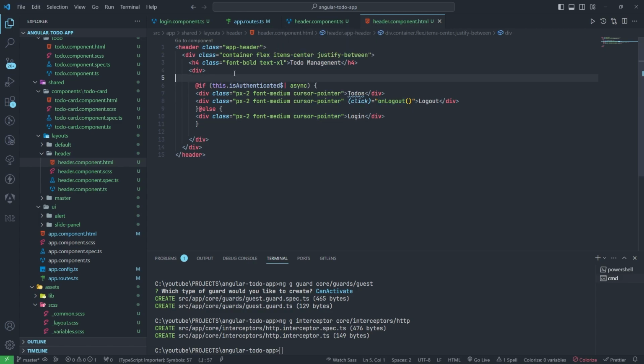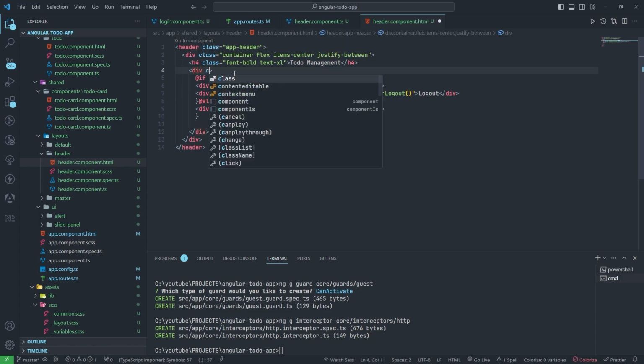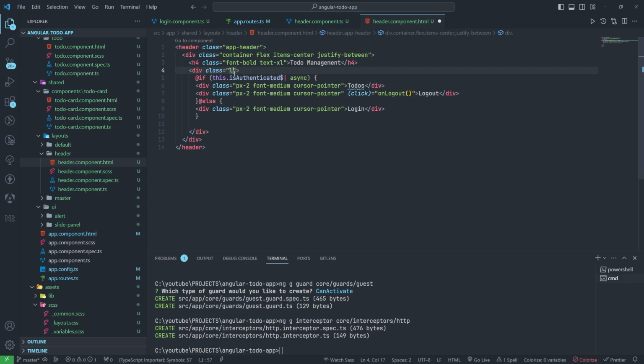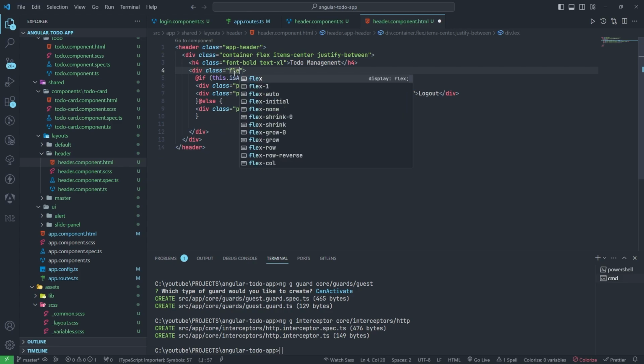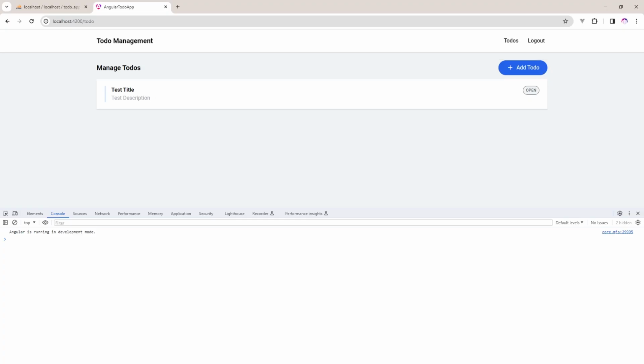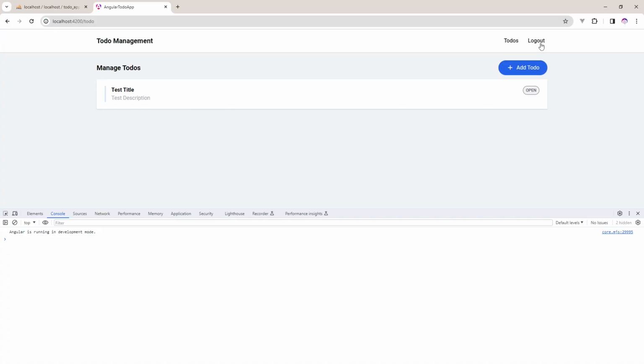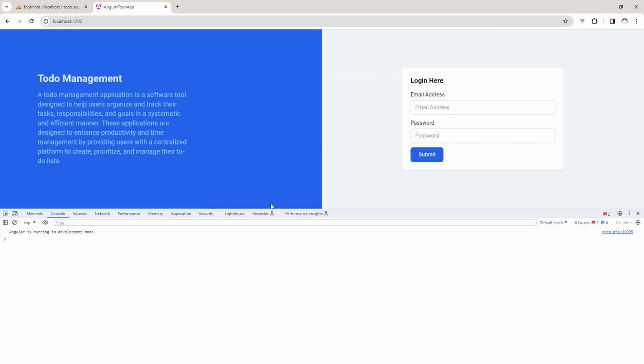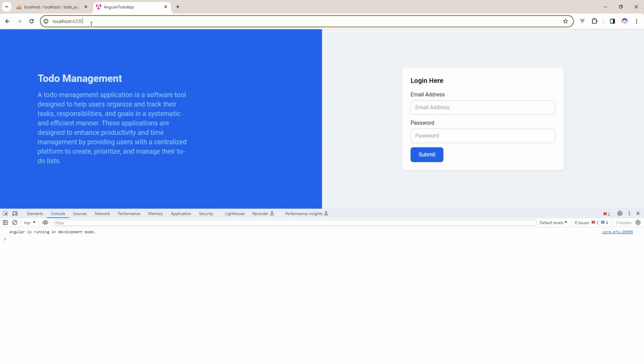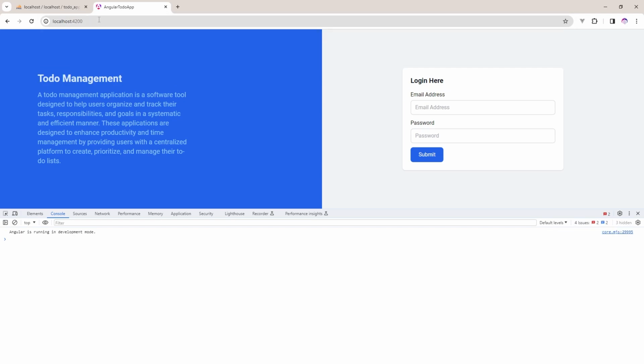So in this I think I need to add something here, class flex and gap will be 3, I think is fine. Perfect. Okay, now if I click on the logout, yes, this is working fine. If I want to access the todo page, I can't access. Okay, so again I need to log in